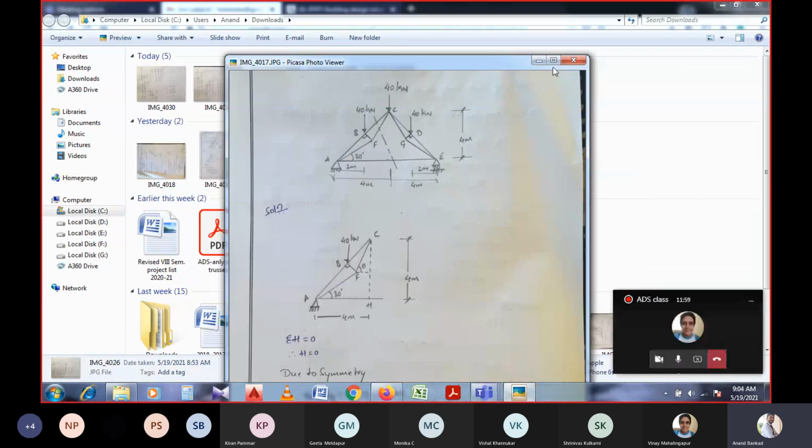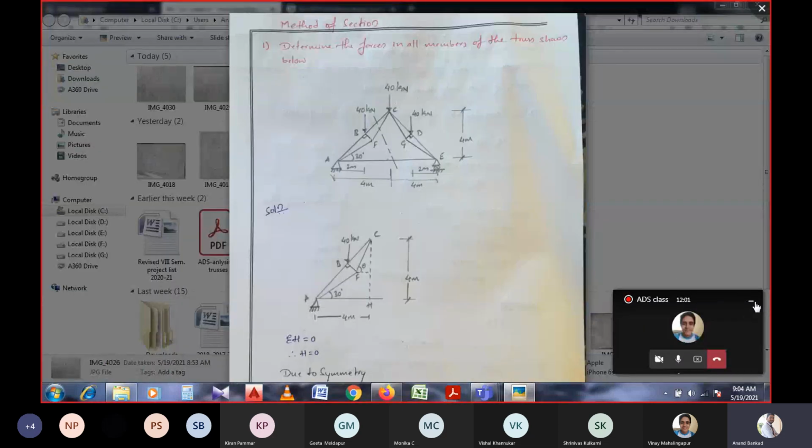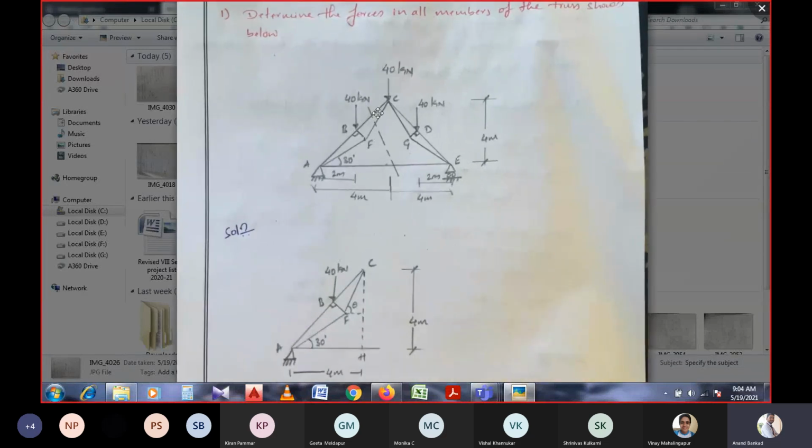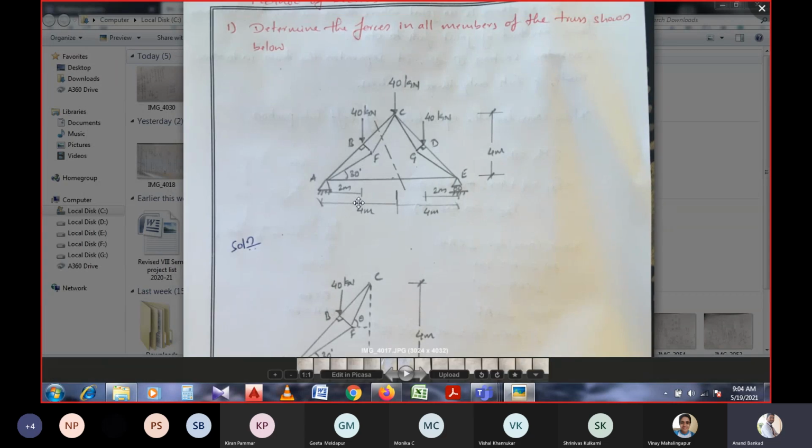So here, the problem we have already started discussing in the previous class is related to this truss. In this truss we have taken a section, as the method of section is chosen because it is difficult to start with method of joints, since each joint will have more than two unknowns. So in that case we are moving to solve this truss by referring to method of section.